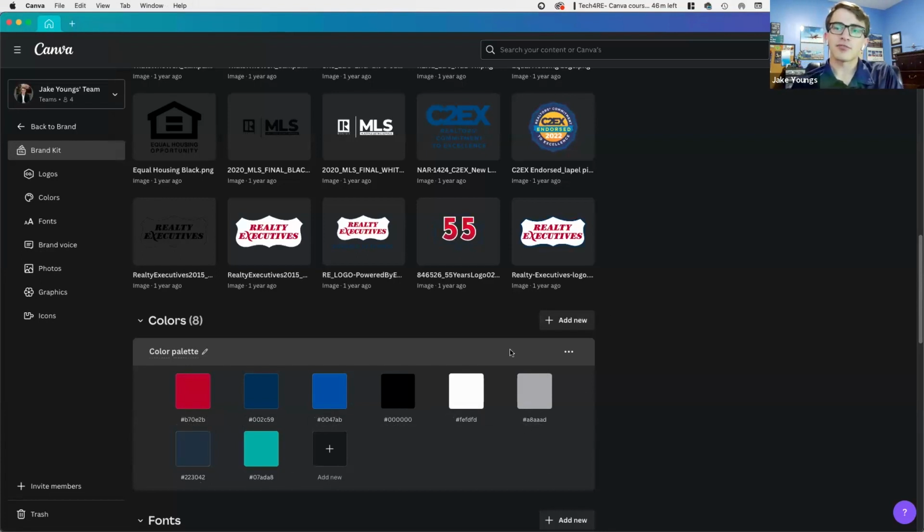So you can have as many color palettes in here as you want to, and you can name them all whatever you want to. So if I name this my real estate brand kit, for example, just like that, that's one of my color palettes. And then if I have a second one that I want, then I can click on add new and I